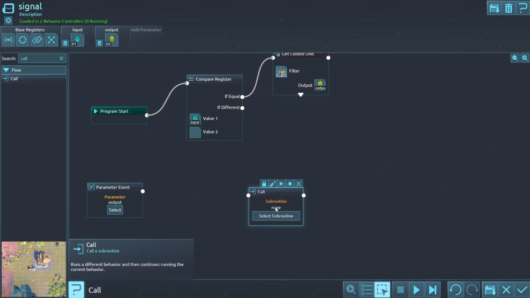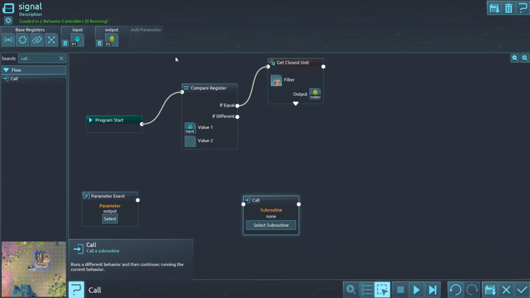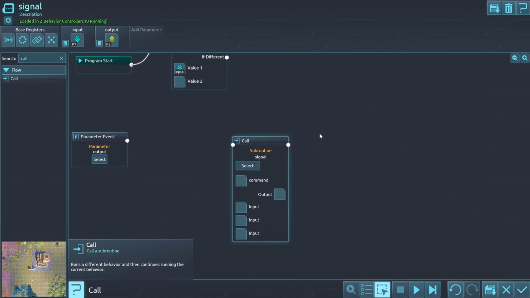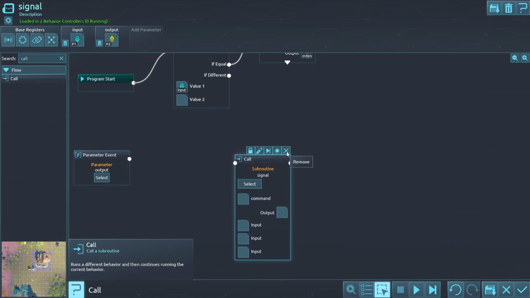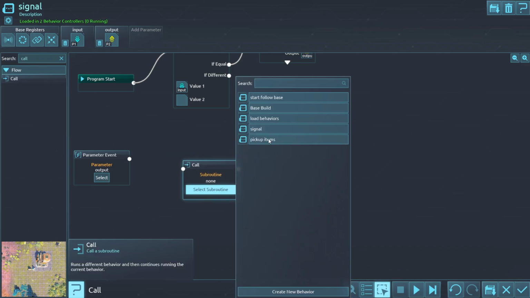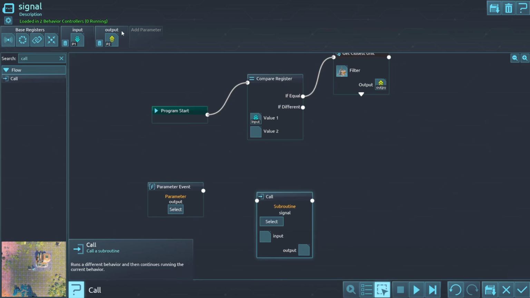Okay, so this behavior that we are currently in can get called by other behaviors as a subroutine. We'll talk more about subroutines, but this is really important. So if we pull, whoops, I didn't save. Apply. If we call that subroutine in the middle of another behavior, our parameters become exposed right here